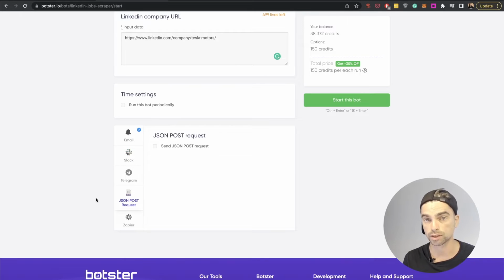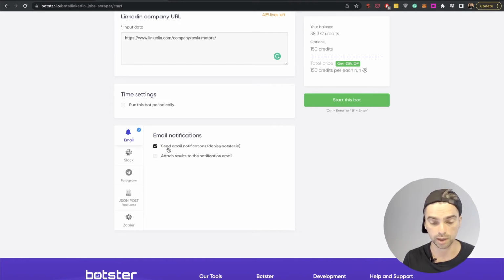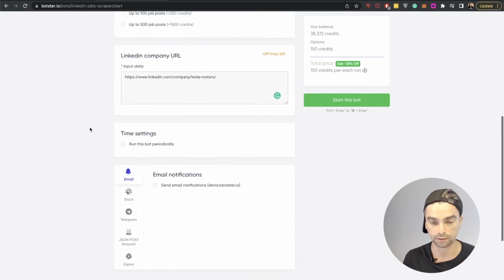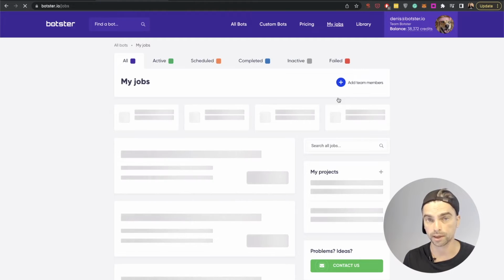If you know what JSON is, you can ask the bot to send you a JSON post request. And of course, if you're into complex automation sequences, you can use Zapier and build something interesting. Now, I'm not going to select any of this. I'm going to deselect everything and just click the Start This Bot button and wait for my data to start